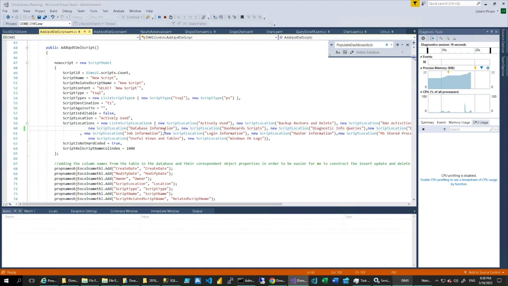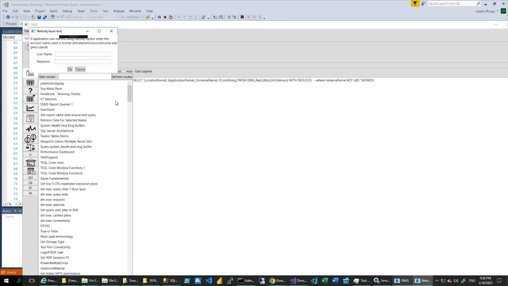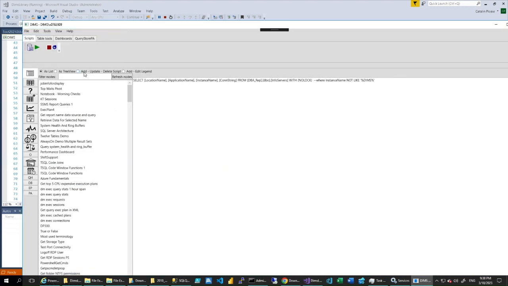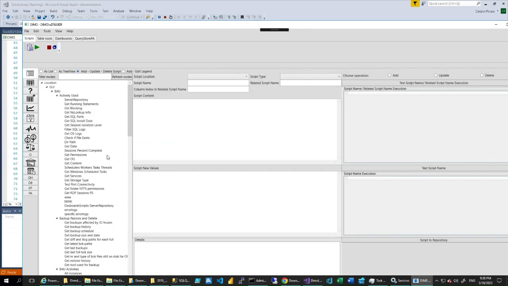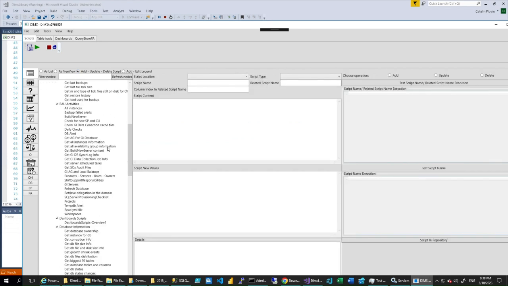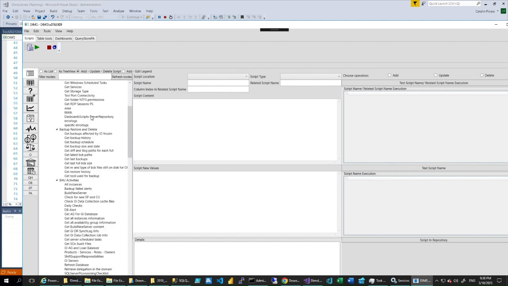Okay, let's see. Cancel. Add update script. Dashboard script. It seems it's not loaded. I don't understand why it's not loaded and displayed here, because if I'm trying to add a new script here,